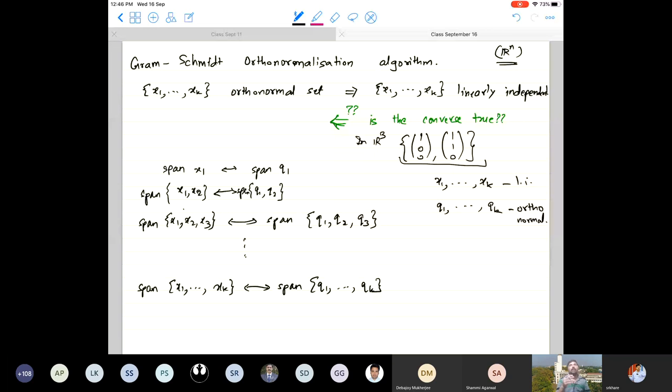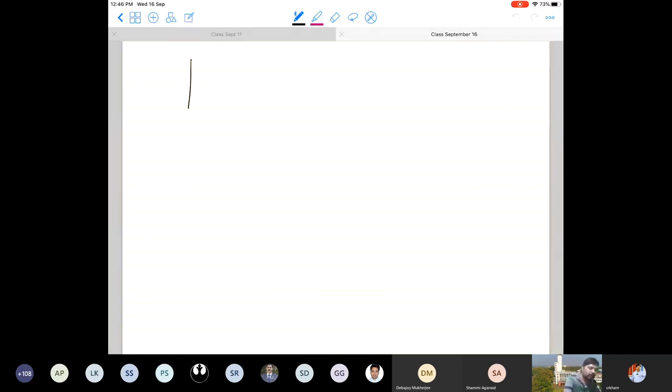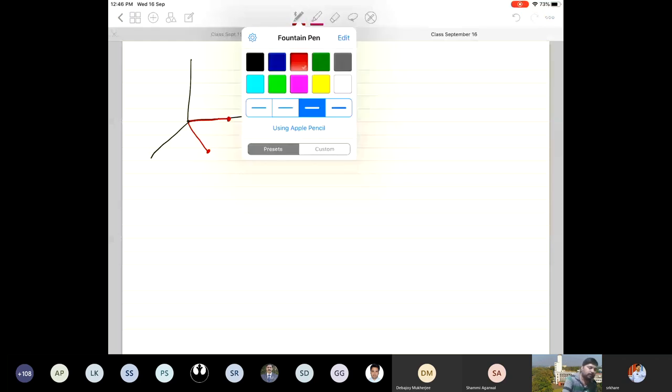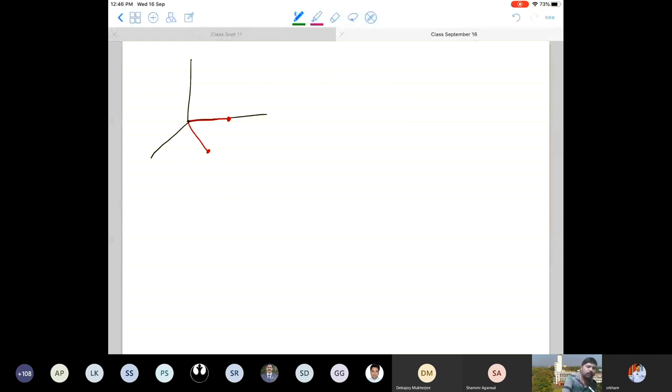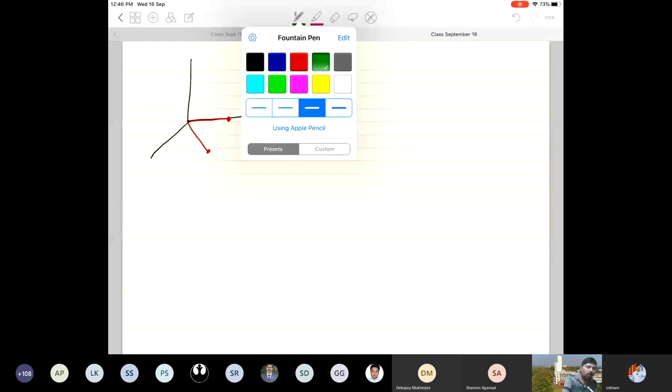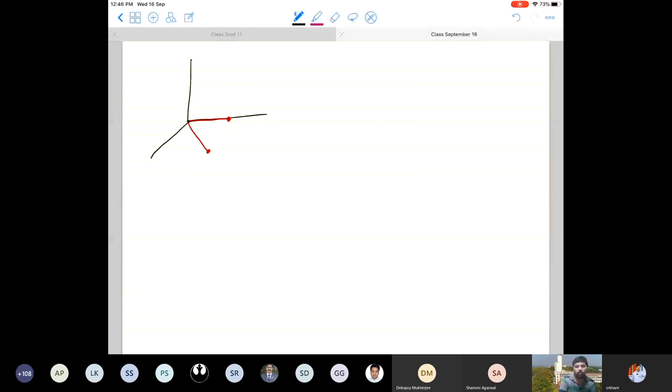So if you really see, then what is happening in the picture? In the picture, you have this vector 1 0 0. So 1 0 0 is this vector along the x-axis, and the second vector is 1 1 0. So this 1 1 0 vector is here on the xy plane, right? So these two vectors are given to us. Obviously, these two vectors are not orthogonal to each other. But now